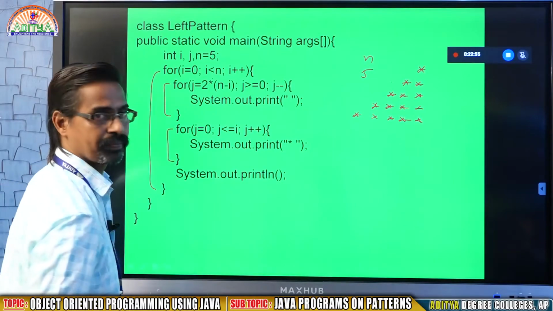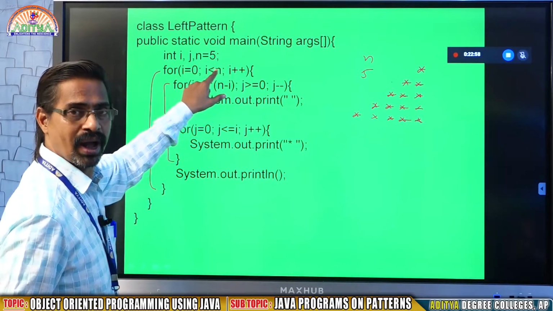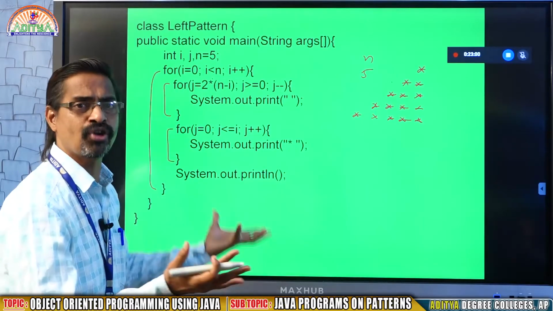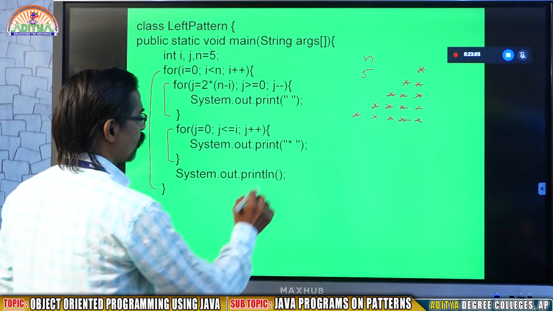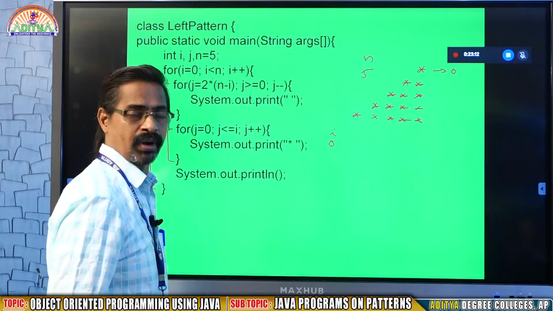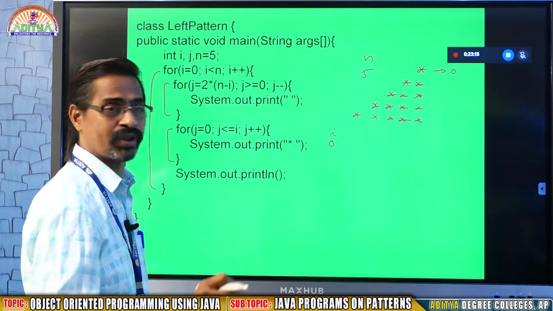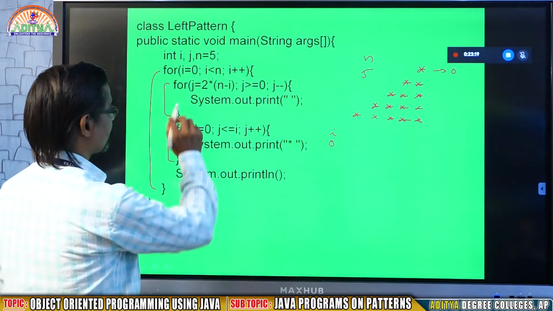This is my program. For int i = 0, i less than n, that means 0 to 5. In the similar way I gave a for loop. So now here the i value starts from 0. That means this is row 0, I assumed. It will end with 4, not 5. It will be 0, 1, 2, 3, 4. That means 5 rows. The last row will be 4. Now come to the next step.